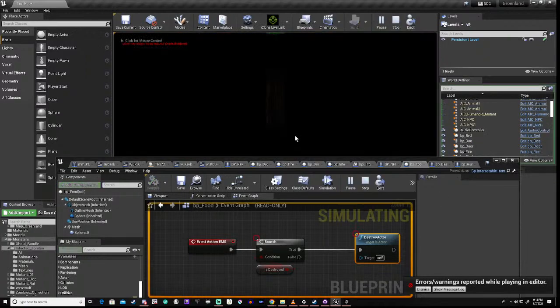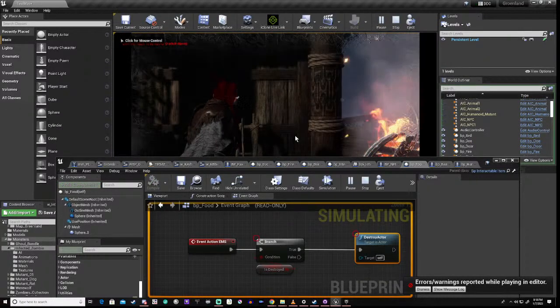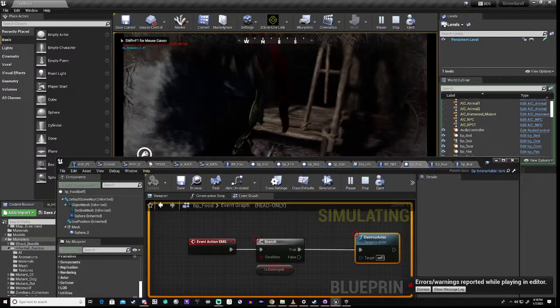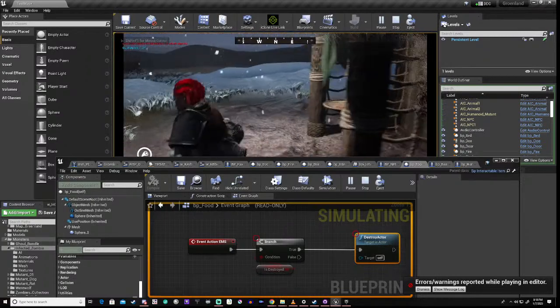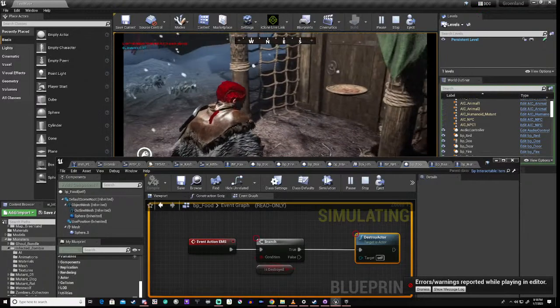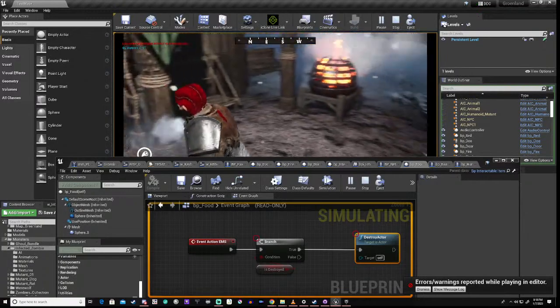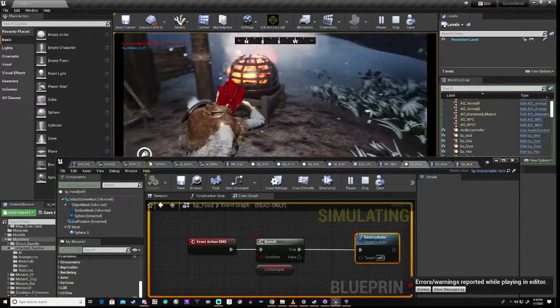We'll try it again anyway. Right, and we've got our one plate again. Now, this could still be